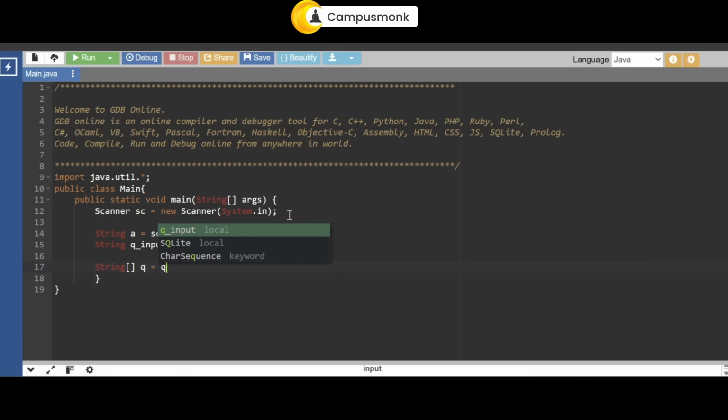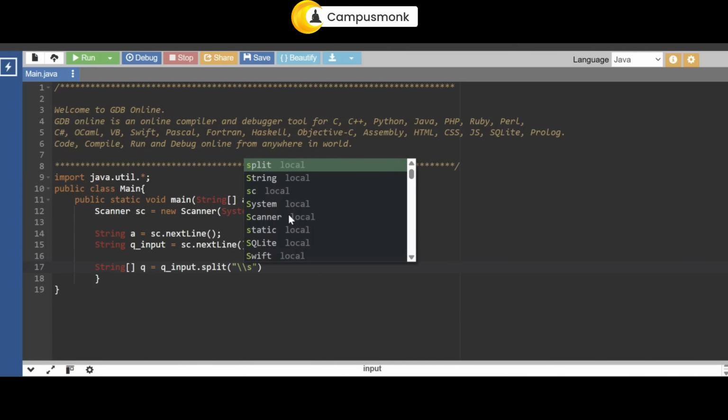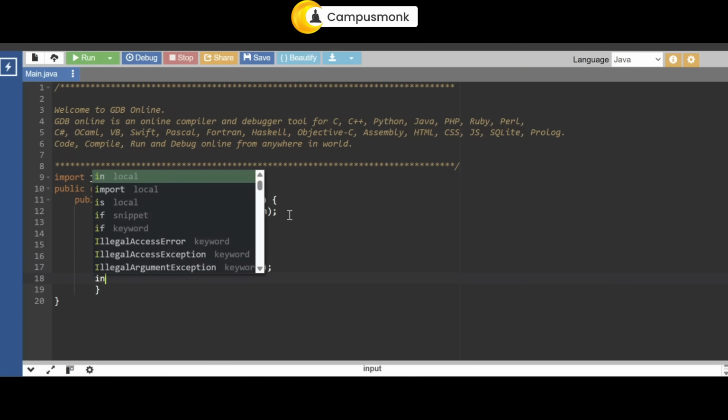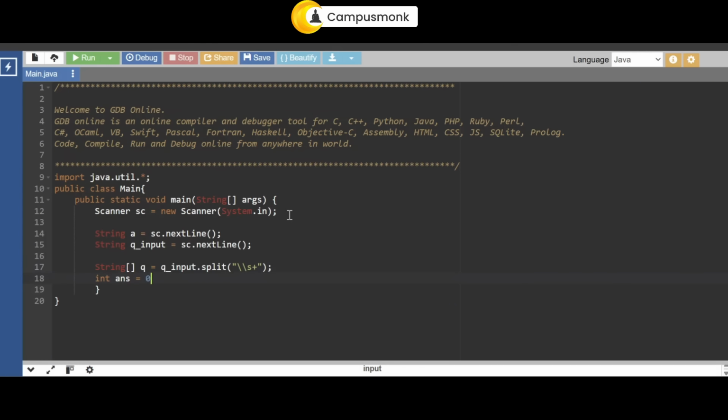So I will do a string array and let's call this Q. You will have Q underscore input, the variable that we have taken, and we will split it. And how do we split it? We split it on whitespace. Now, we'll see this in detail shortly. So, we are going to do answer is equal to 0. What is the next step for this? You have to run a for loop over the strings, right? For i